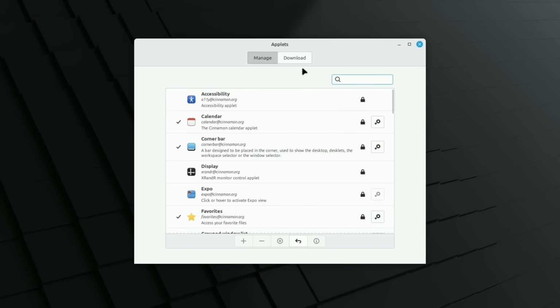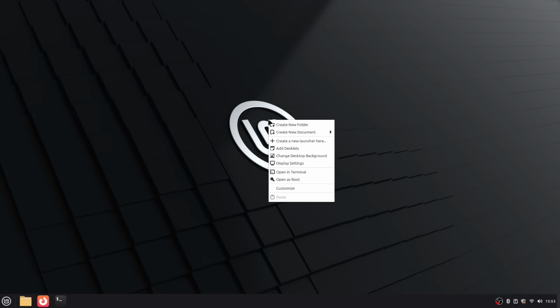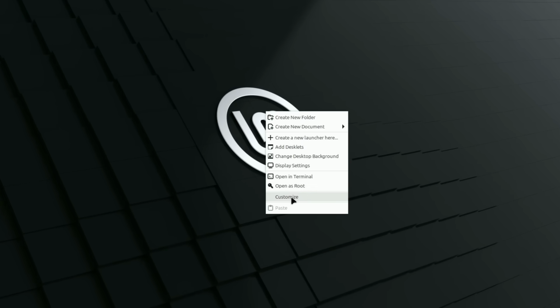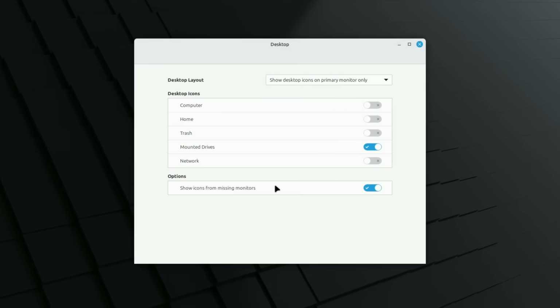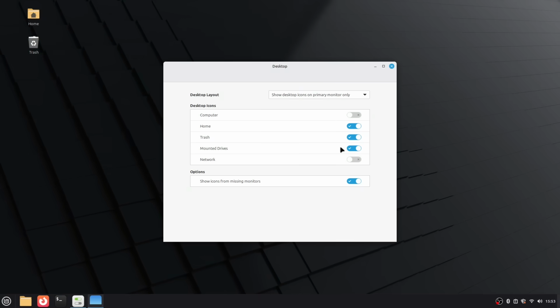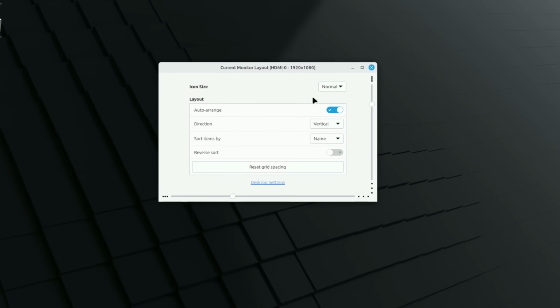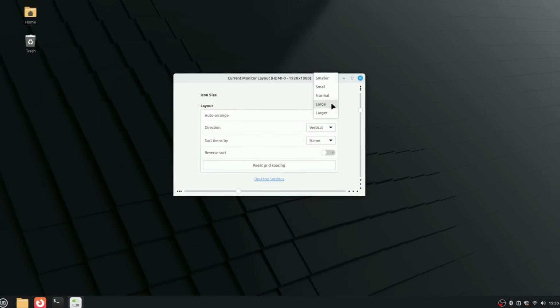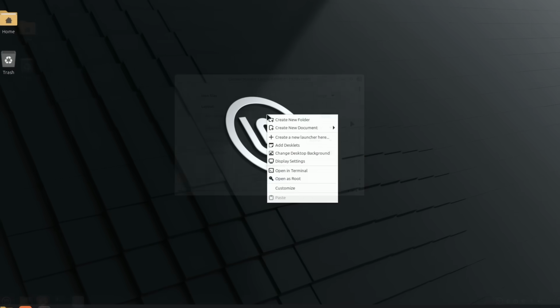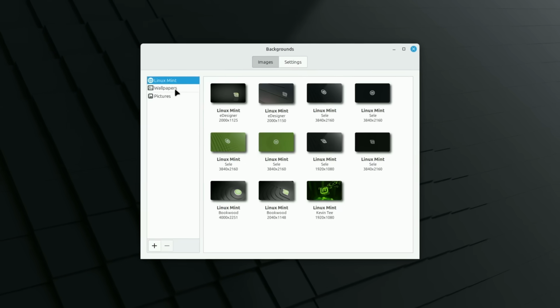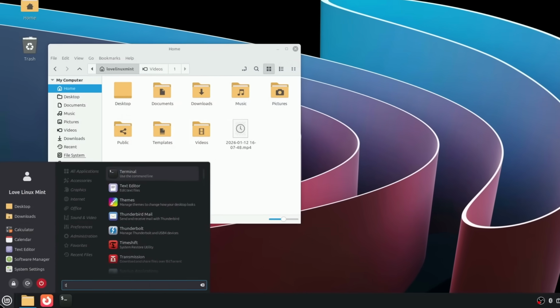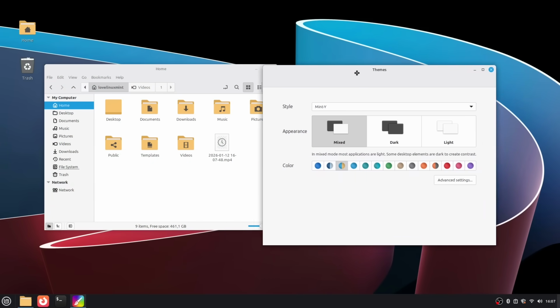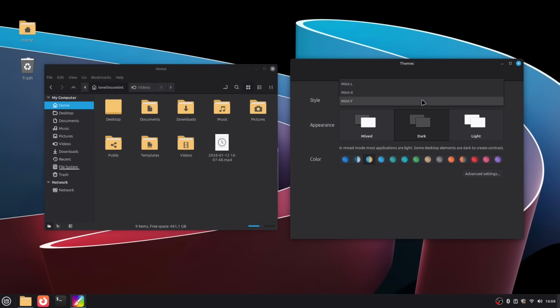essential information visible. The desktop can be organized to allow quick and visual access to files. Right-click on the desktop, choose Customize, Desktop Settings, and enable icons for home, trash, and mounted drives. This keeps important files and external drives always within reach. In Customize, you can also change icon size to large for better visibility. Additionally, you can change the theme or wallpaper to create a comfortable and personalized environment. Desktop customization not only makes the system more visually appealing, but also increases productivity by making everything more intuitive and